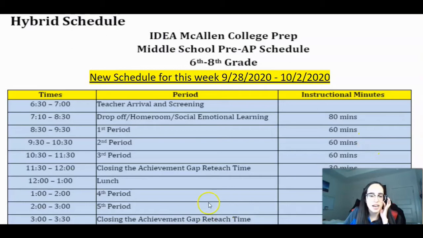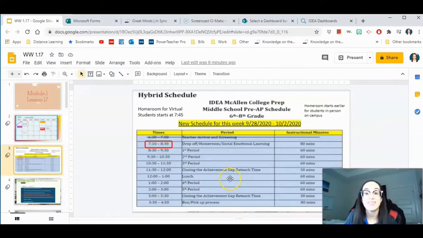But before I do that, I'm sure I have some students who are a little confused because we have a new schedule, once again. The reason why we have a new schedule, boys and girls, is because there are some people who are online and some people who are in person, so we're having to make those adjustments to the schedules. It feels like every week there's a new schedule, but this should be the permanent one that we're going to continue keeping for now. So just to let you know, this is what we're going to be looking at.